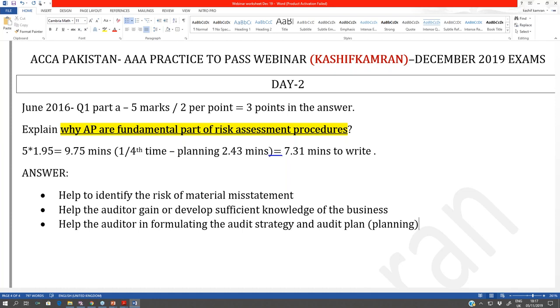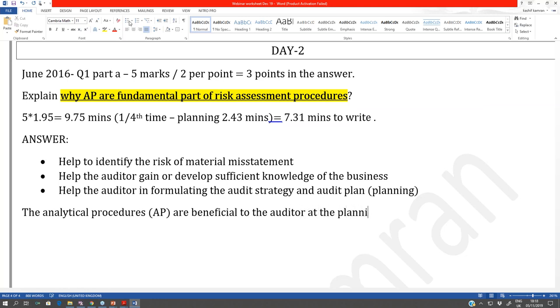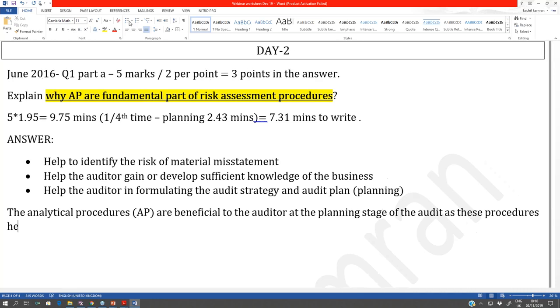For example, if I just convert one of them to para form, you will know exactly how much length of an answer you're writing. The very first point, I develop it in my answer. The analytical procedures, and I wrote in the bracket AP, so I can use that short form in my exam paper then. The analytical procedures are beneficial to the auditor at the planning stage of the audit, as these procedures help auditor